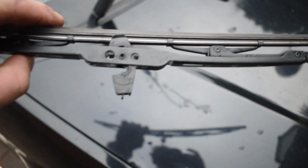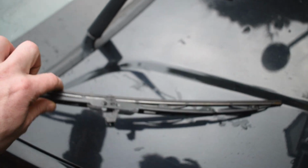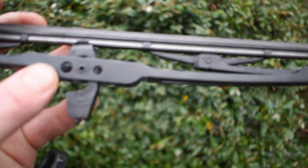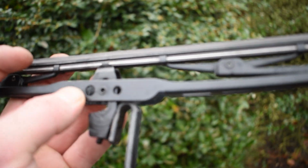Right guys, so you have your new wiper blade here. As you can see, I've got a little tab in the middle and sort of pulled it out like so. And then we're going to go to your wiper arm, obviously have it extended like that, and see the little gap, that hole on the right hand side of this tab that my little finger's touching. You're going to pull that over like so,